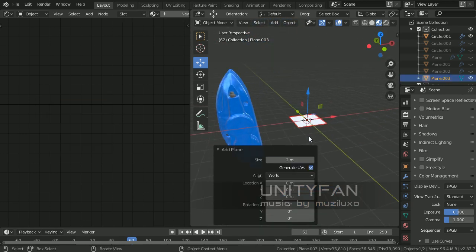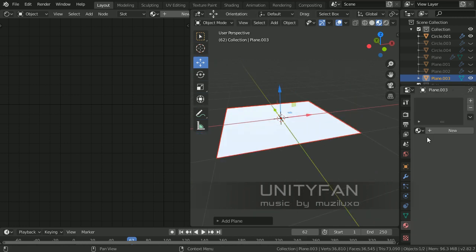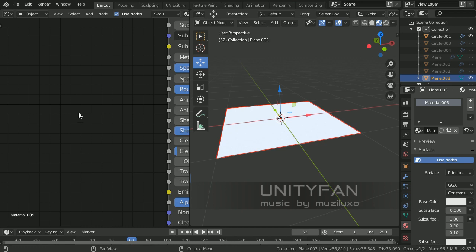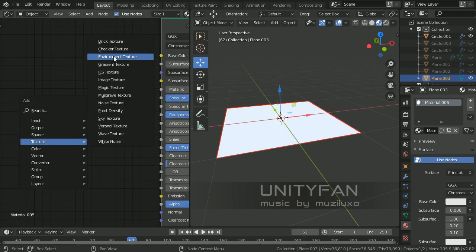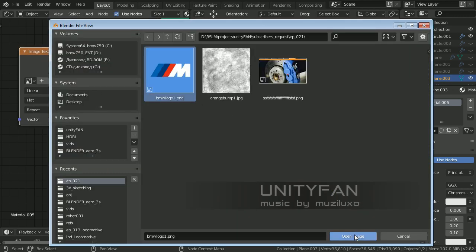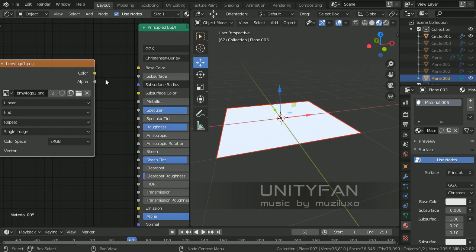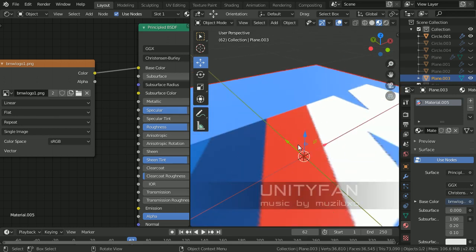I would just add a regular plane, give it a new material, and add that logo texture to that material. Okay,